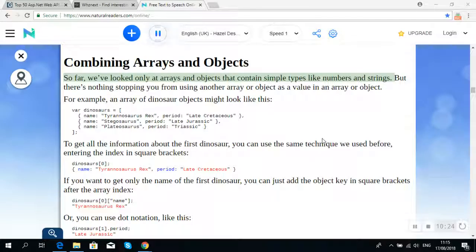So far, we've looked only at arrays and objects that contain simple types like numbers and strings. But there's nothing stopping